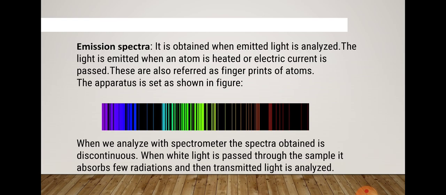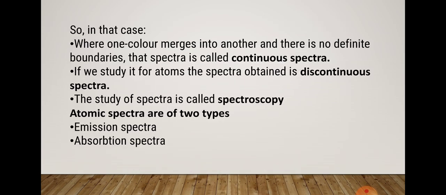To produce an emission spectrum, energy is supplied to the sample. The energy may be supplied by heating or irradiating the sample. When the sample gives up the absorbed energy, the wavelength or frequency of the radiation emitted is recorded. All these things we do on a spectroscope. Depending upon the source of radiation, the emission spectra are of two types. Number one, continuous spectra.